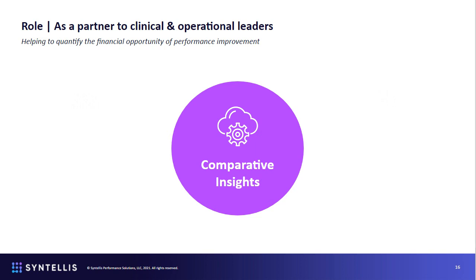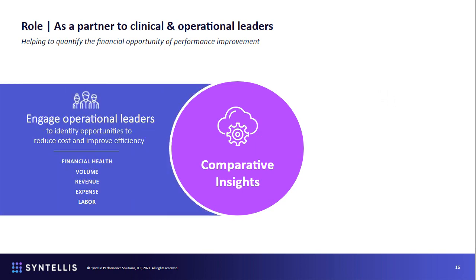One is, how do we engage our operational leaders and be very targeted in understanding how we look at those operational areas in radiology and surgery and lab, and understand where we can become more efficient and more cost-effective in everything that we do in those areas. In essence, drive down the cost of the care activities that we do within my area or my domain as a manager or director. And so analytics that are very targeted in that work become so important. Conversely, and as